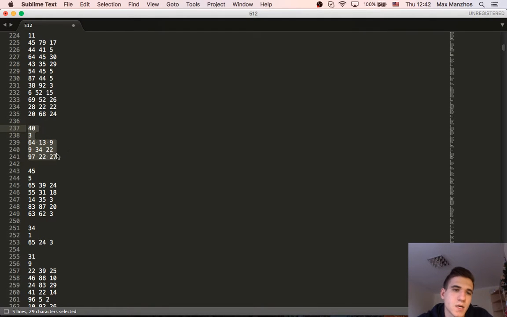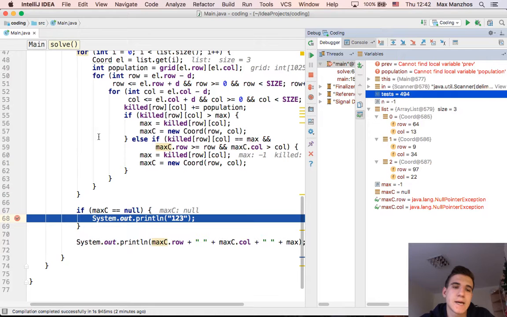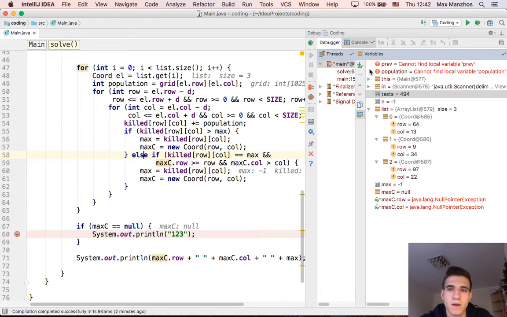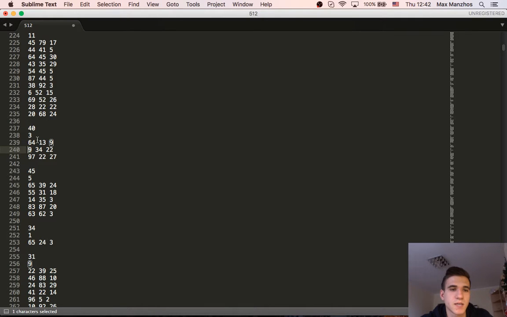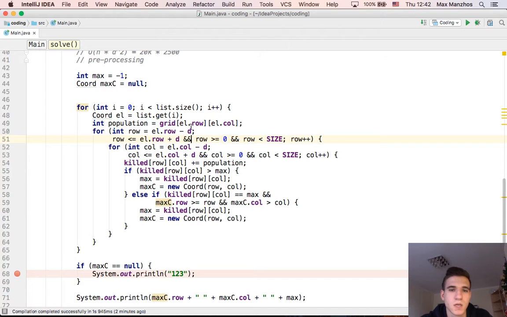Yeah, I got it. So I think the problem is, you see, there is a really huge radius, like 40, and the starting coordinate is 13 or 9, and I placed this condition in my for loop. Yeah, that row should be bigger than 0, and row is less than size. But immediately when we place 9 minus 40, it would be less than 0. So I would remove this guy